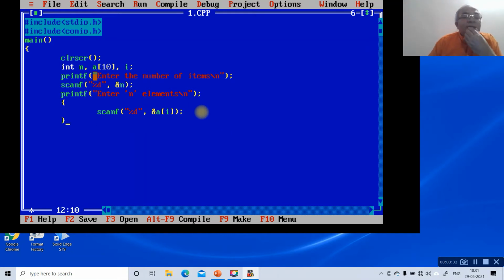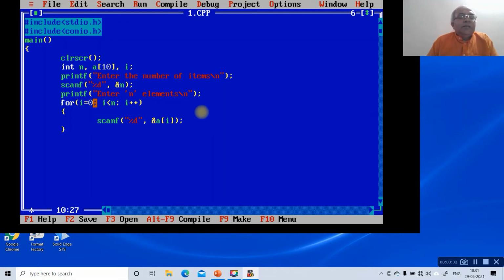Now when you do it like this, we are just entering the elements in a loop. Since I need to enter multiple numbers and read all the elements, we have to enter a for loop. For i equal to 0, i less than n, then i++. Here is the initialization i equal to 0, then the end condition, and then the increment.